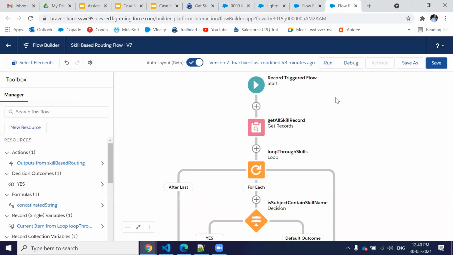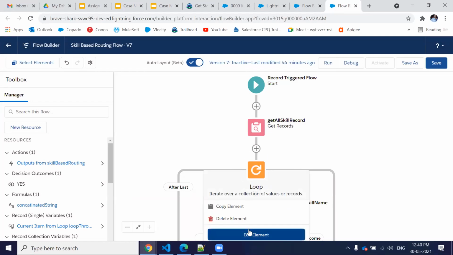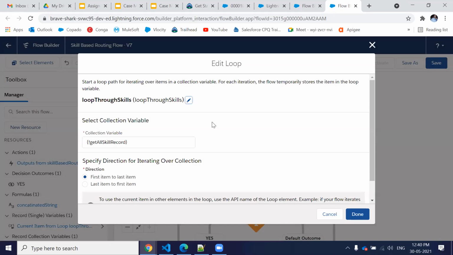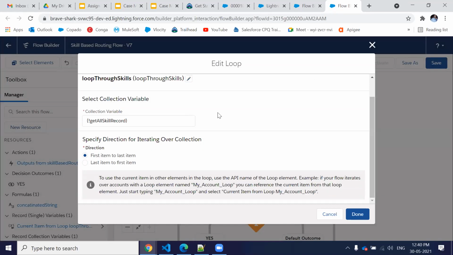So I got all the records, then I have to loop through to match with the case subject, whether my subject contains the current skill name or not. So I have to loop through because I'm getting a list. So I have a loop through the get all skill records from the previous element, and nowadays in the flow the variable is automatically generated.